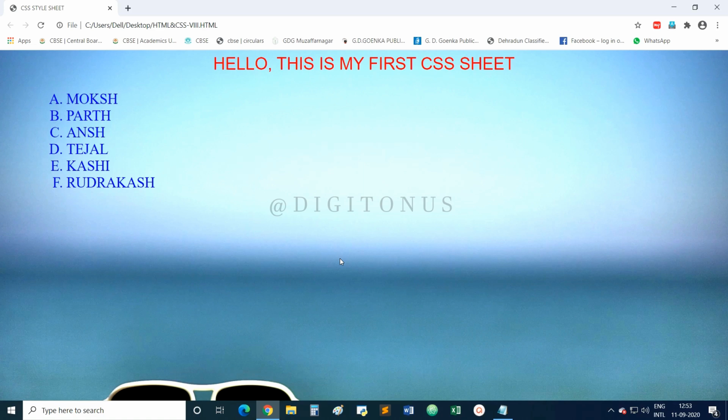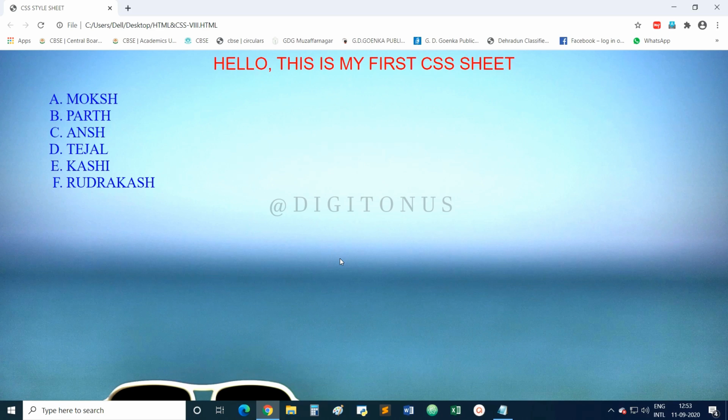Now we want to start our list with the alphabet I for India. So we have to look at which number I falls on in alphabetic order. A, B, C, D, E, F, G, H, I. So I is falling on number 9.